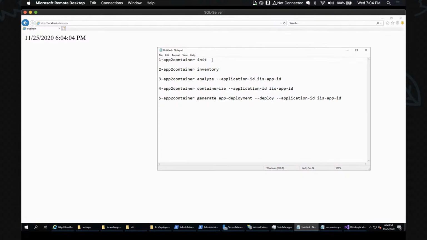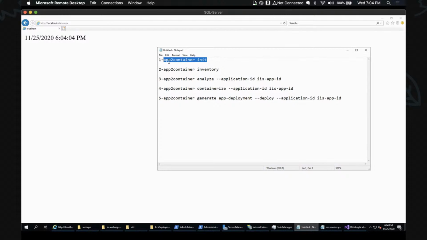If I completed all the prerequisites such as AWS CLI, necessary IAM permissions, also PowerShell, the latest version of everything is ready, and I downloaded App2Container, right? The first thing that I need to do is, these are all documented, you don't need to follow it from here. We have very nice documentation about it.